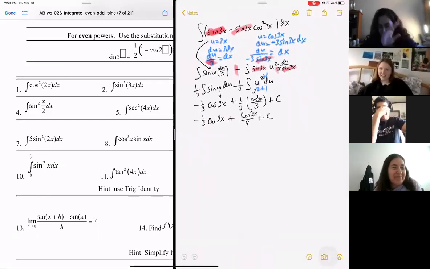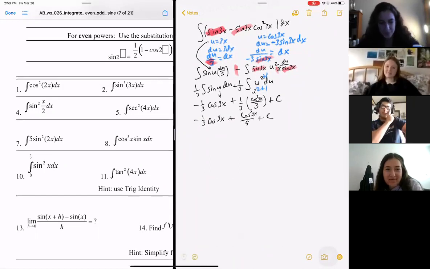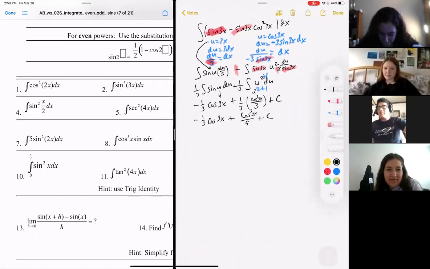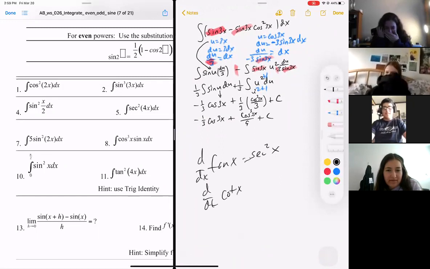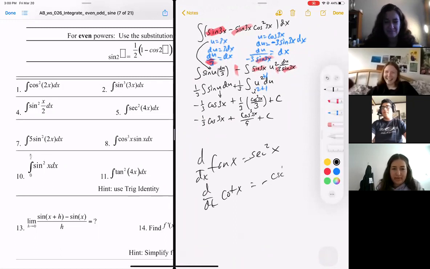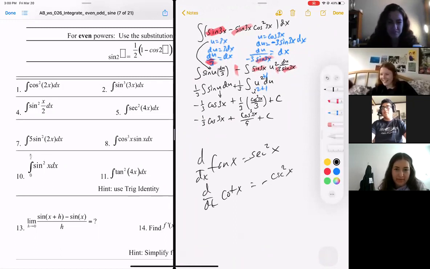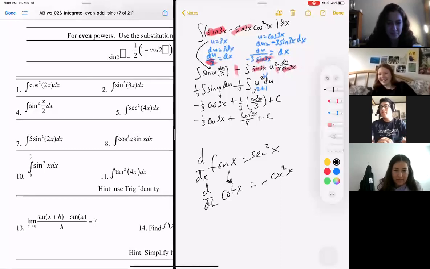So the derivative of tangent is secant squared. Remember that the derivative of tangent. Darn it. Let's get a pen. Just a reminder. The derivative of tangent is secant squared. The derivative of cotangent is negative cosecant squared. So it's like this is the reciprocal and this is the reciprocal,